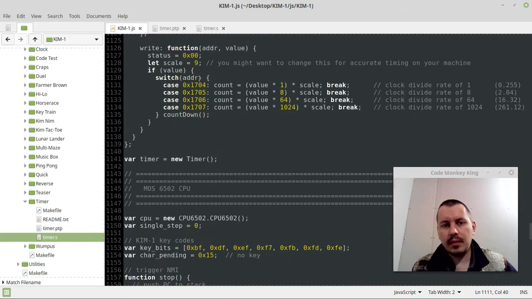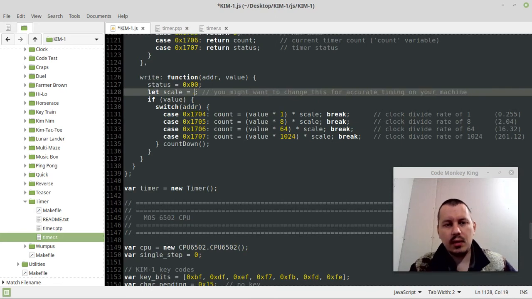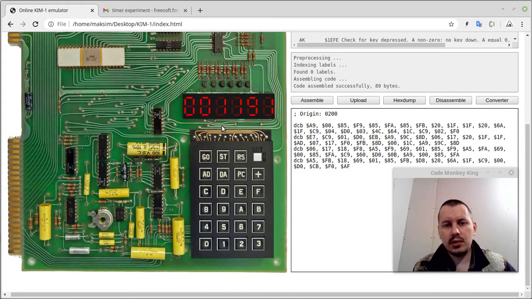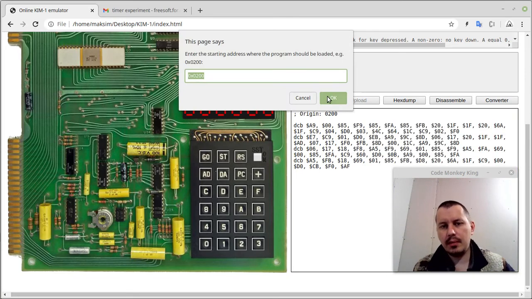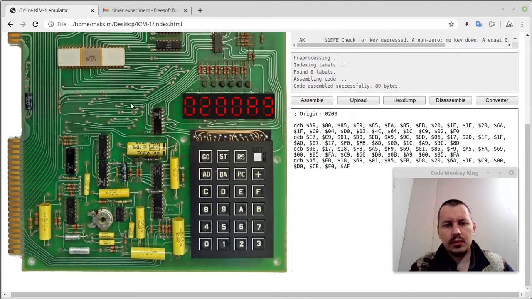Just to give you an idea, if we set scale to 1, for instance, and reproduce the same experience here, so paste, assemble, upload, 0200, and run. You see, now it goes slightly faster than 1 second. But again, if I turn on my video recording software, it would be not lightning fast, but even faster. Just wanted to give you an idea how this scaling factor can be used to alter the